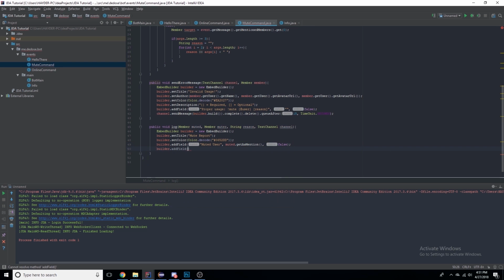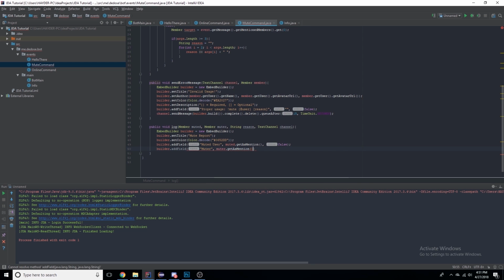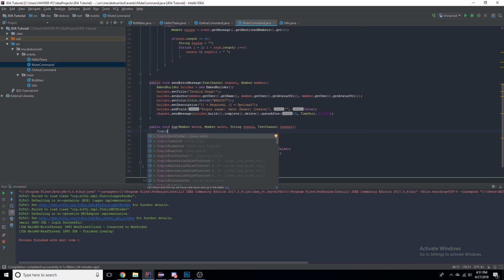Builder.addField, muter, I guess. Muter.getAsMention, false. Now we're going to add time. So SimpleDateFormat,